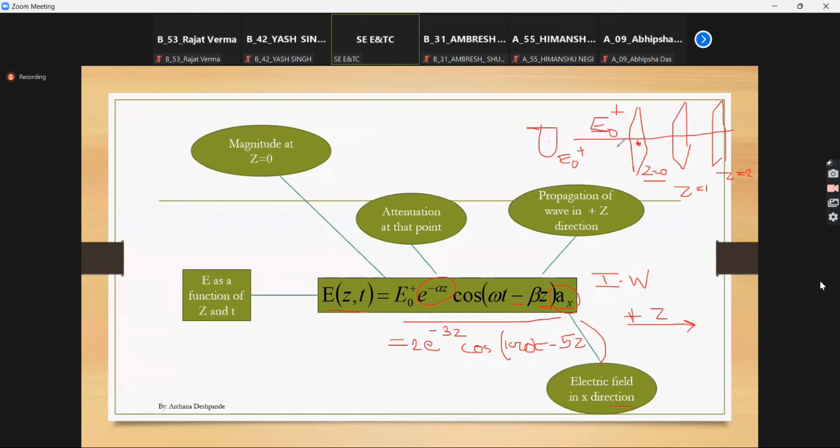ओके, so this plane जहां पे एंटीना है वहां पे it is z is equal to 0, then it is 1, then it is 2, then it is 3. So जैसे जैसे ये प्रोपोगेट होगा वैसे वैसे उसका अटेन्युएशन धीरे धीरे होगा. ओके, सो z is equal to 0 रहेगा तो that is this plane. z is equal to 1 रहेगा तो 2 into e raised to minus 3 उतना उसका एम्पलीट्यूड रहेगा. z is equal to 2 होगा तो it is minus 6. तो जैसे जैसे ये बढ़ते जाएगा वैसे वैसे you are multiplying, you are reducing the amplitude. ओके, so this is how you can interpret the